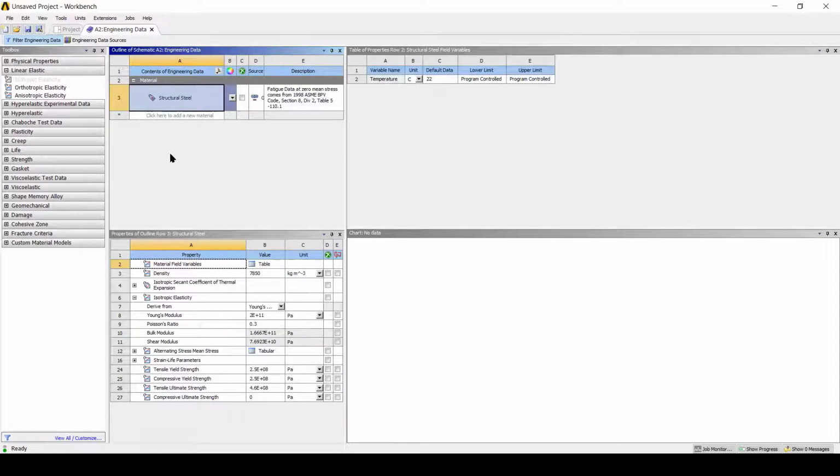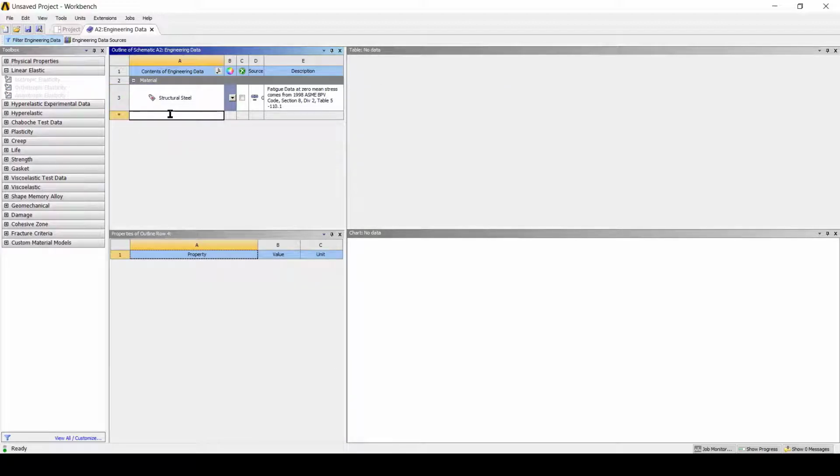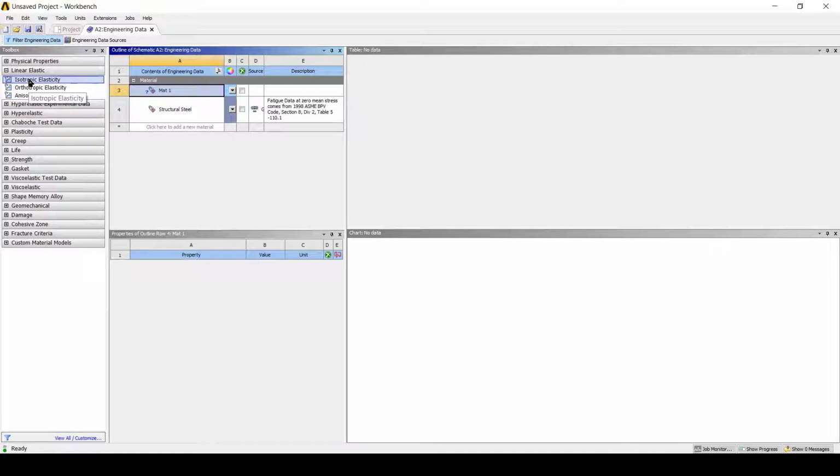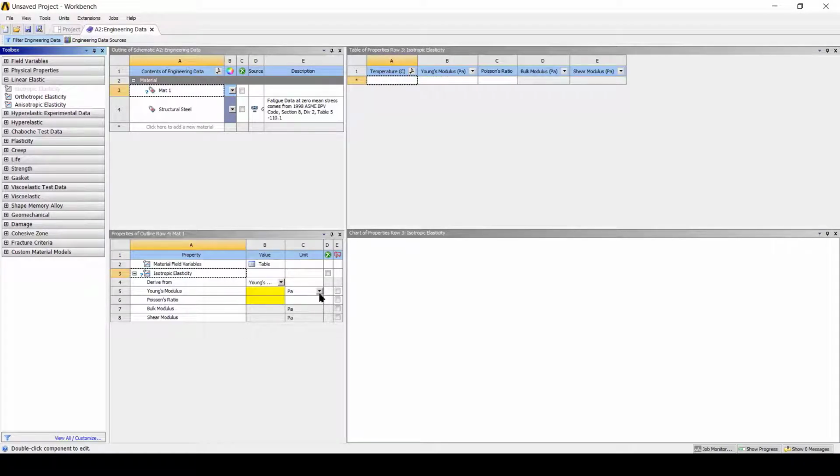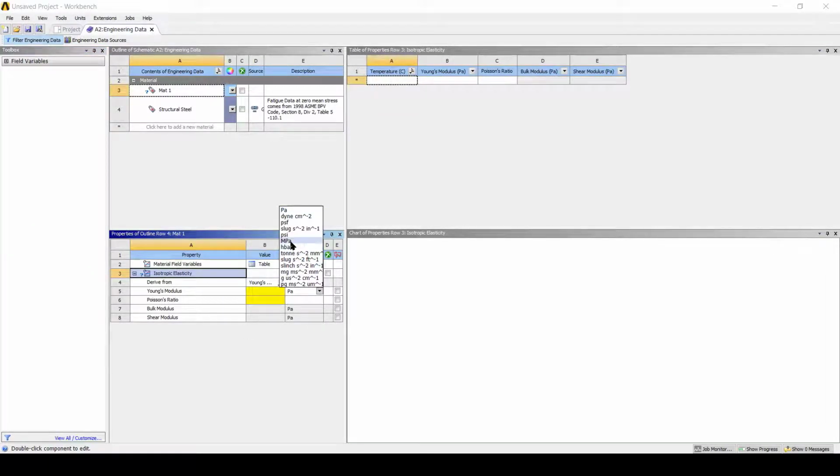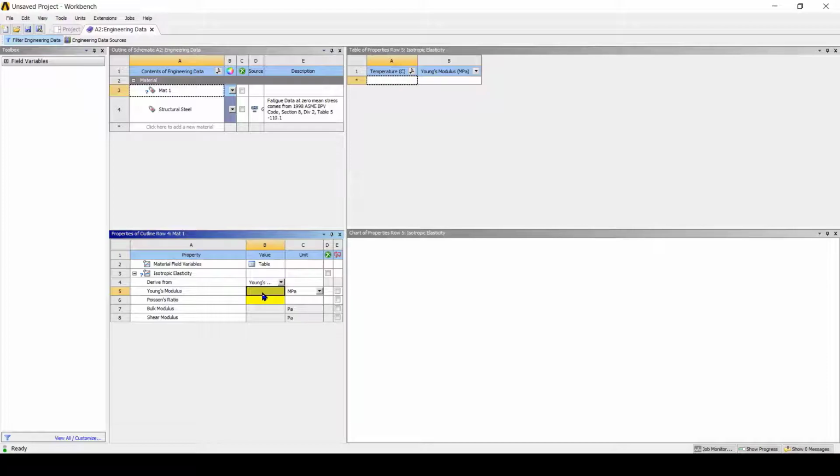In this case, the step bar is made of two materials. So let us add the two materials one by one. Click here and type material 1. Now we need to assign the properties for this material 1. So double click on isotropic elasticity. Then we want to consider the unit in MPa. Type the modulus of elasticity here, that is 2 into 10 to the power 5 megapascal. So 2e5.